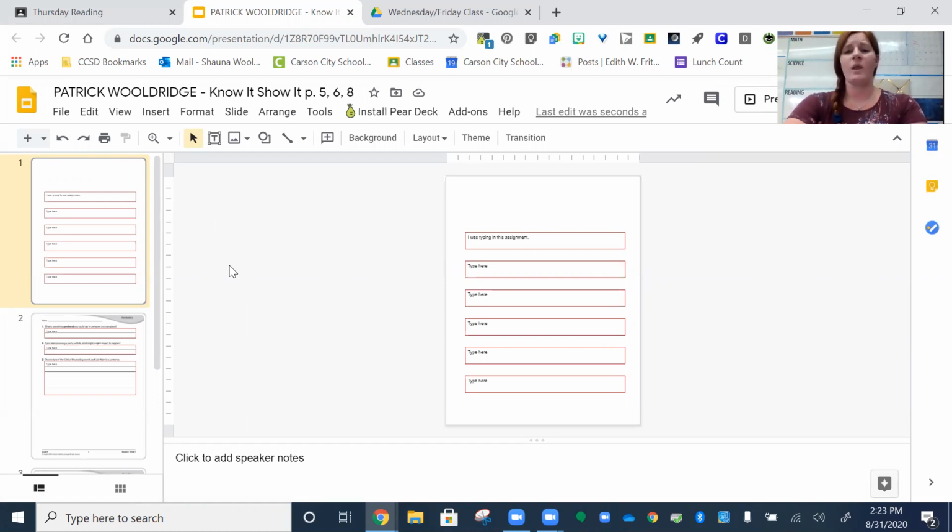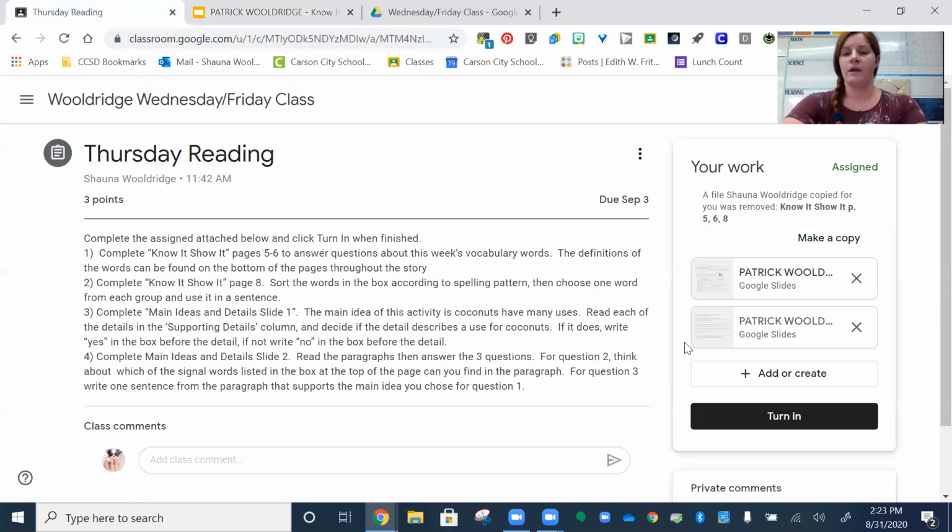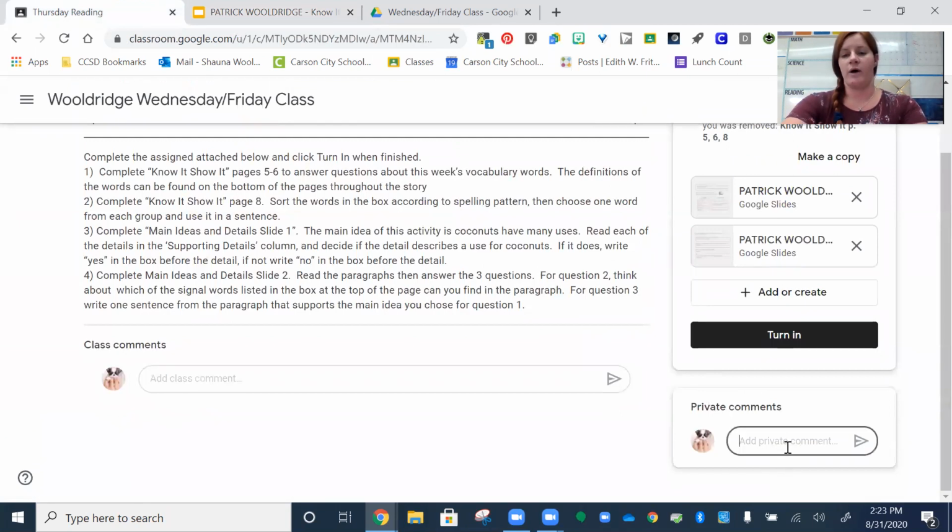Now, at this point, the student can't fix it. You can't fix the background. You can't undo it. This is something that the teacher has to go in and fix. So what I'm going to do is put a private comment. And I'm going to say, help, I'm freaking out